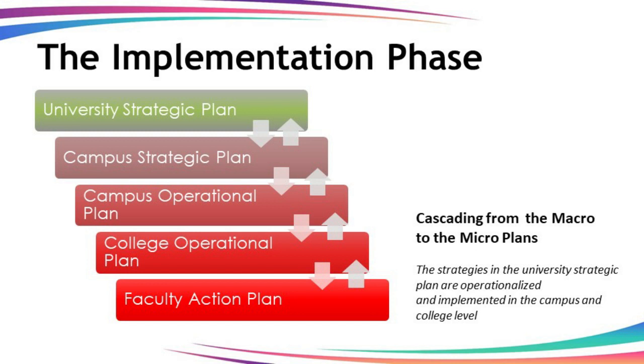The areas identified as major inputs are cascaded to the college level, which makes the college operational plan based on the priority areas and needs. The college plan is presented to the faculty, staff, and students, and, if necessary, to other internal and external stakeholders. This becomes the basis for the preparation of action plans among the faculty members and other stakeholders.